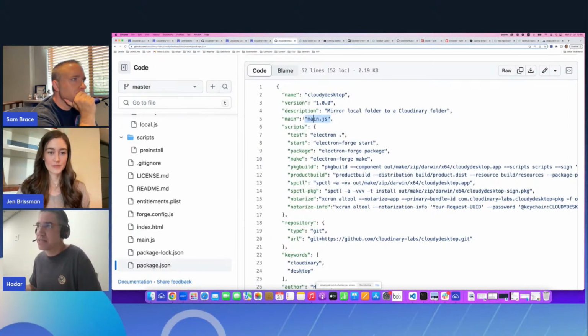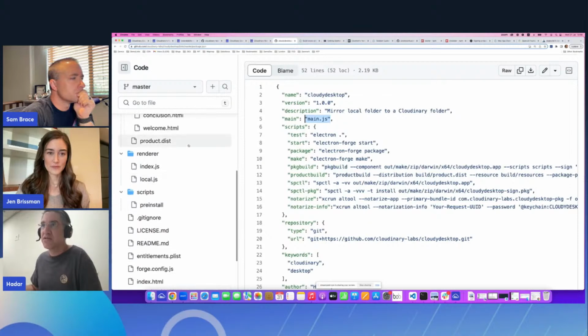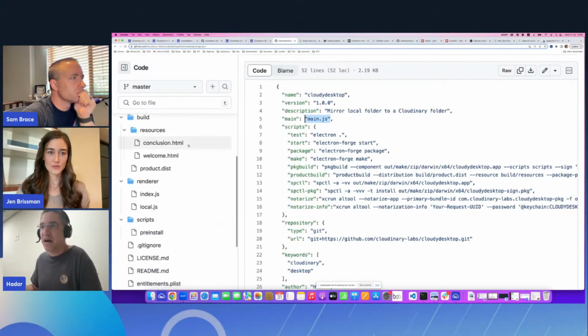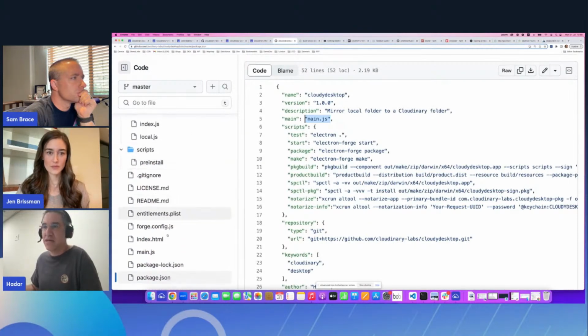Okay, it's easy to keep the same name. You can write any name that you want. But so we now know when we go and review the code, we know where to start looking. We want to go first to main.js, which would be the JavaScript that will tell us how exactly the main